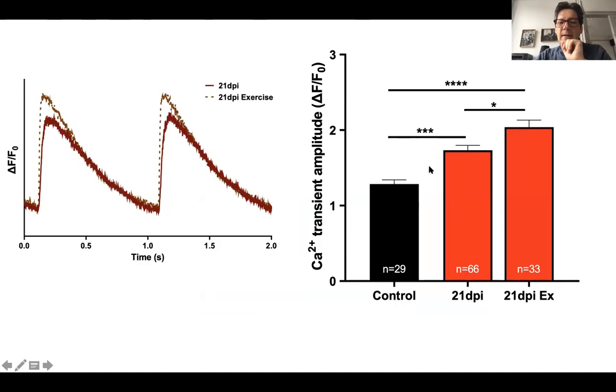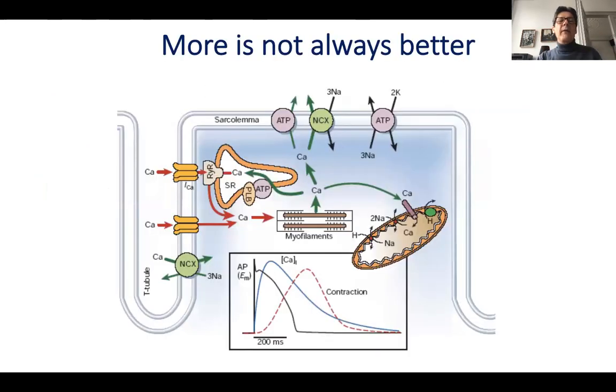In the cells that don't have plakophilin-2, the amount of calcium that is released on every beat is actually more than in sedentary animals. And that is even more so with exercise. With exercise, there is even more of a release of calcium. So what is happening is that there is more calcium being released. Therefore, there is more calcium for the contraction to occur, and that gives us an exaggerated amount of calcium in the cytoplasm. And as I said, more calcium, yes, will give us more shortening, but more is not always better because